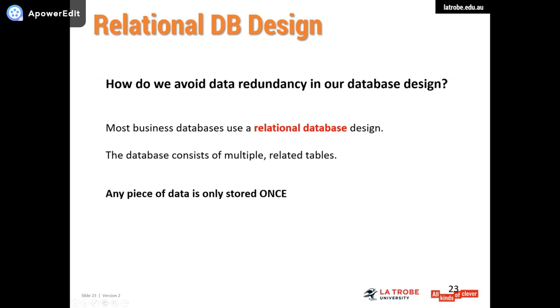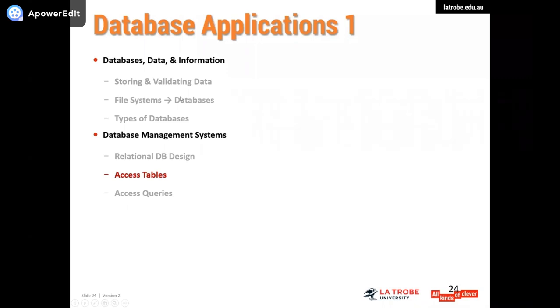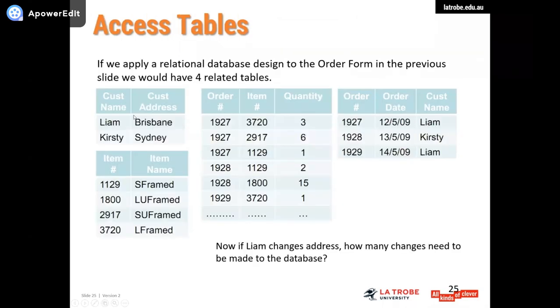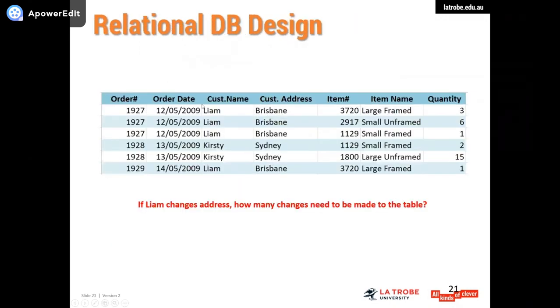So first, if we want to apply a relational database design to the previous order form in the previous example, we first need to divide the table into these 4 related tables. These 4 subtables, or related tables, are based on the previous whole table. Because this table is huge, we want to design our database more efficiently. We can divide it based on the relationship. Here, based on the relationship, we divided the whole table into